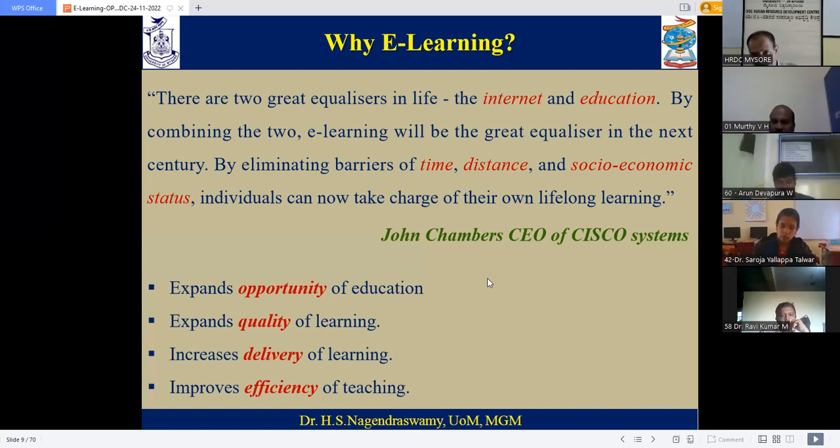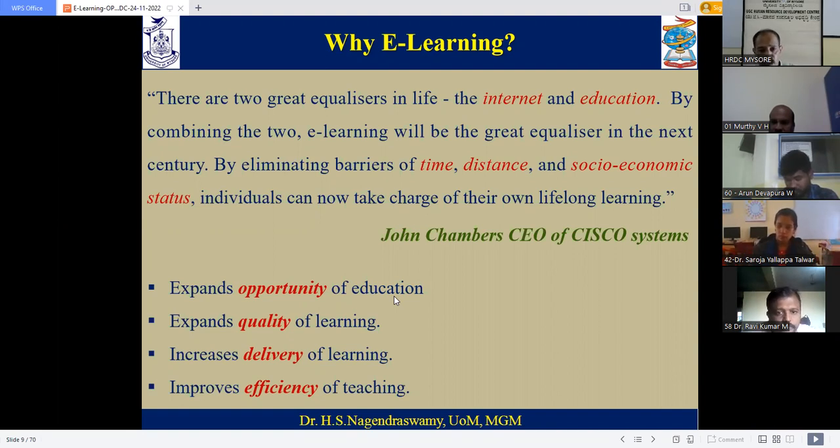So with this e-learning, what are the benefits? That is, it expands opportunity of education, right? We can provide opportunity for each and every person to study something of their interest. So it expands opportunity of education. We can provide education to each and everyone if we successfully and effectively implement this e-learning concept in our education